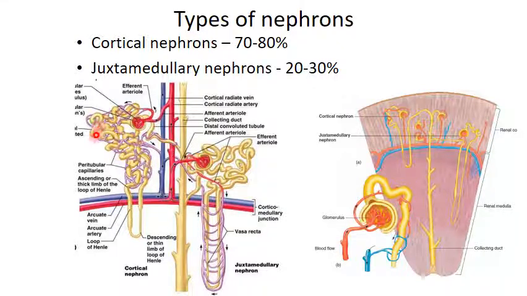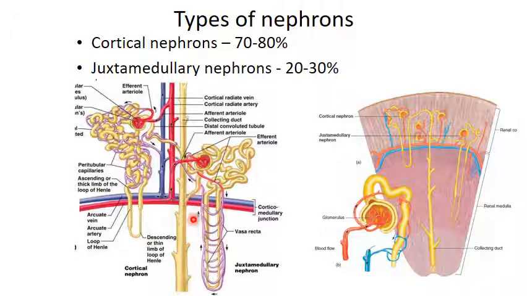As you can see in this diagram, in case of the cortical nephron, the peritubular capillaries are in the form of a random network around the renal tubules. These capillaries are running along different directions, right? So this is actually a random network of capillaries which is surrounding the renal tubules of cortical nephrons, and their glomeruli or renal corpuscles are also situated higher in the renal cortex, and there is a shorter loop of Henle.